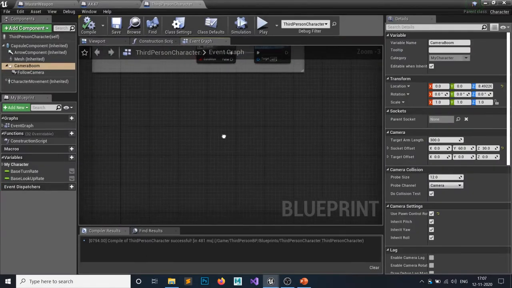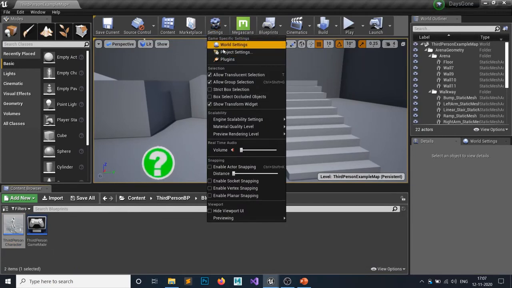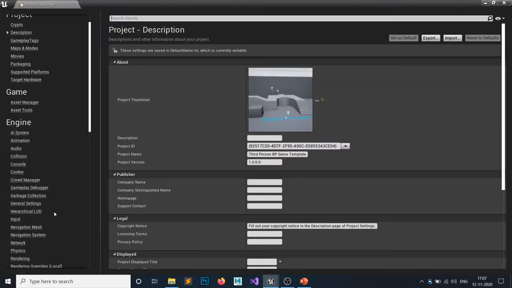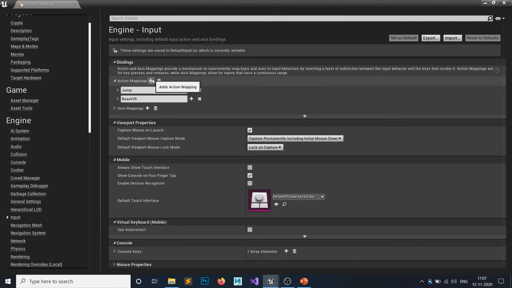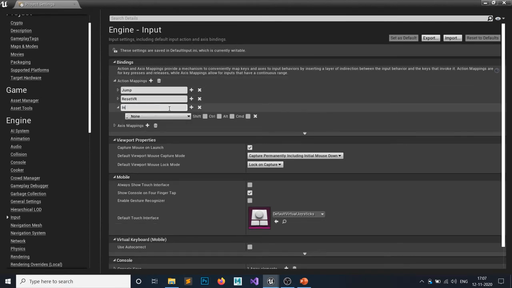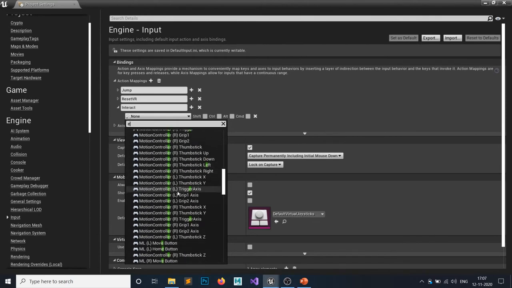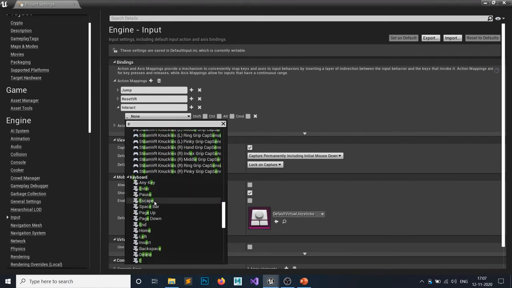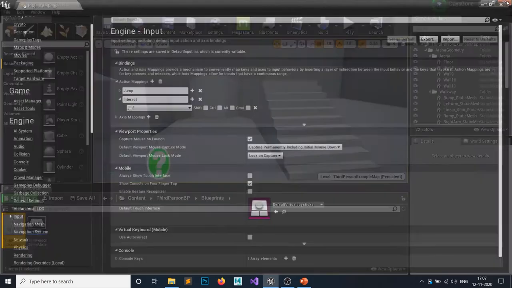And now I need an interact function. So go to the settings, in the project settings, I need an input for that. So in the input, I will go to action mappings, and I will create a new input called interact, and this interact would be E button to interact. So search down the E button, yep, this one, E to interact, and I don't need this reset VR, I will simply delete it.